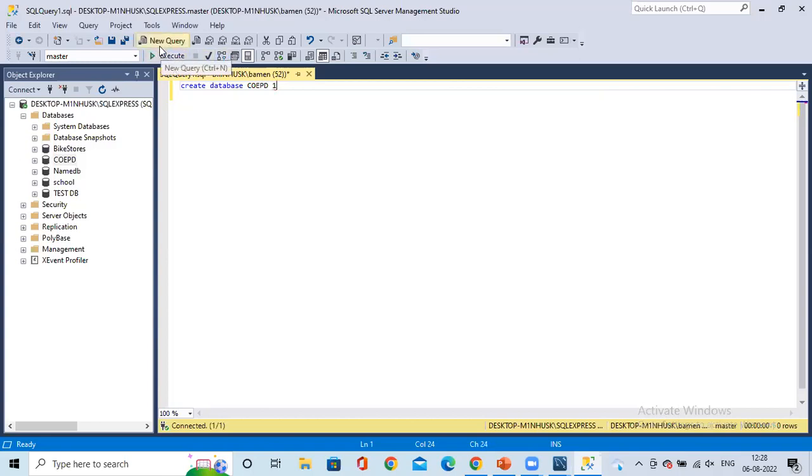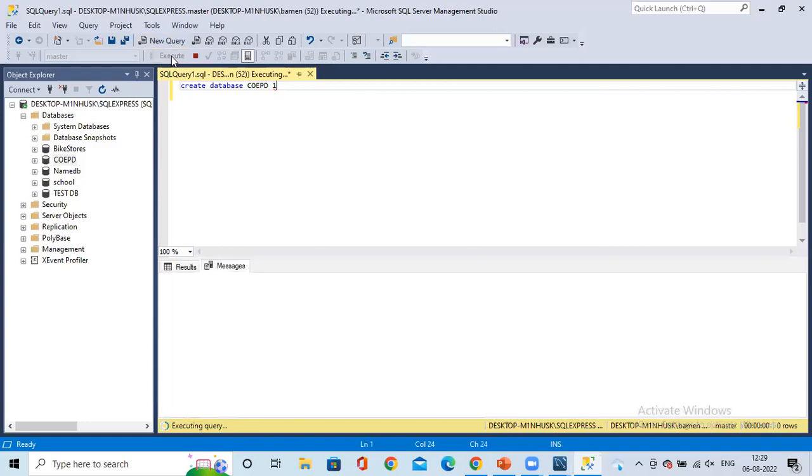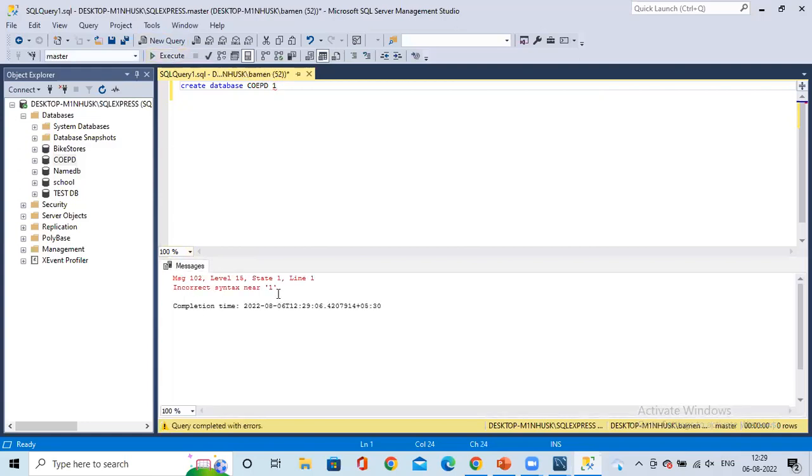So guys, once you write a query, you have to click on execute. Only then will it be executed. When I execute, see, it says it doesn't accept one. So let's assume I take some new name, test DB. Let's see if I can execute. I'm not able. Ma'am, the server is not selected. Running it on master. No, it is actually selected.